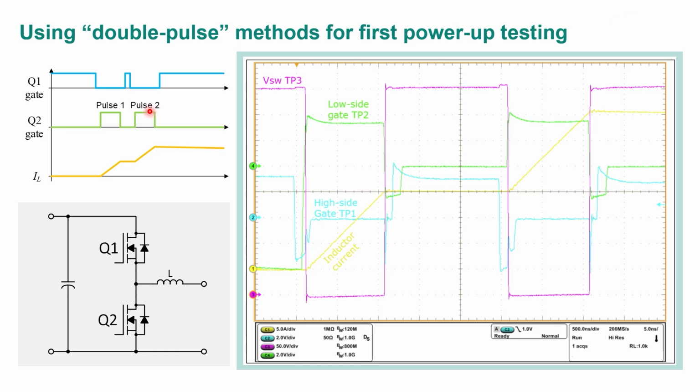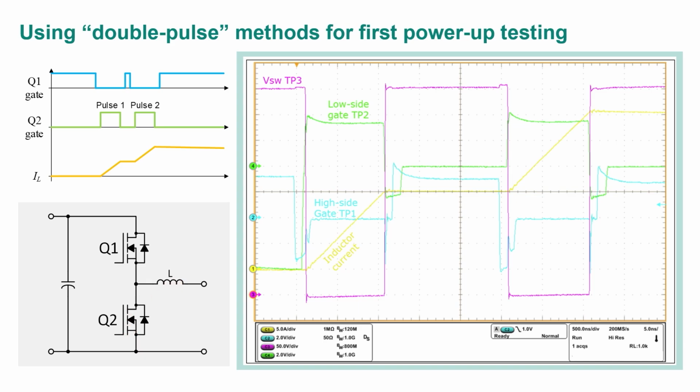So you can either use an external signal generator to do this, or you can write a small piece of software to trigger the appropriate switching behavior using the controller. So the idea is this. Here's the circuit. Usually these are half bridges. Q1 is high side, Q2 is low side, and you have some sort of an inductive load.